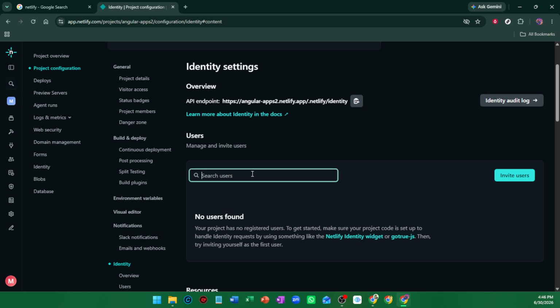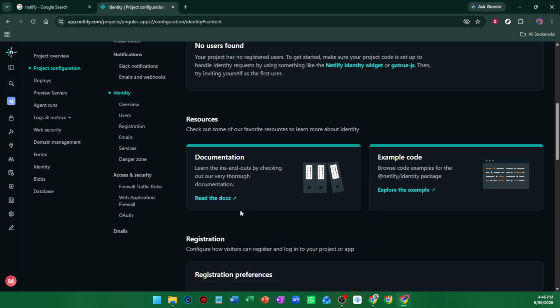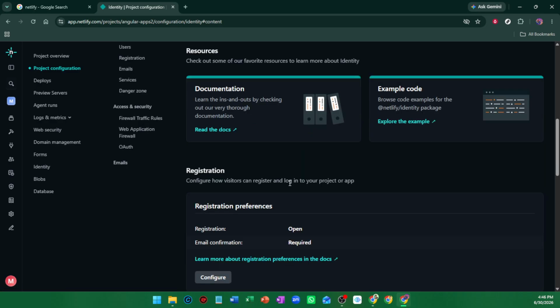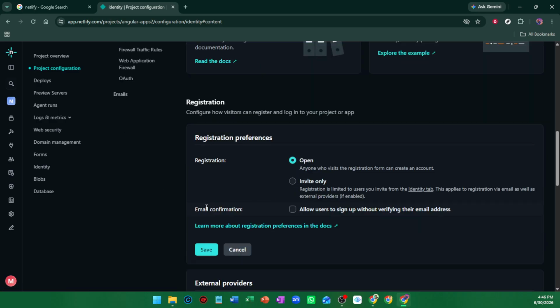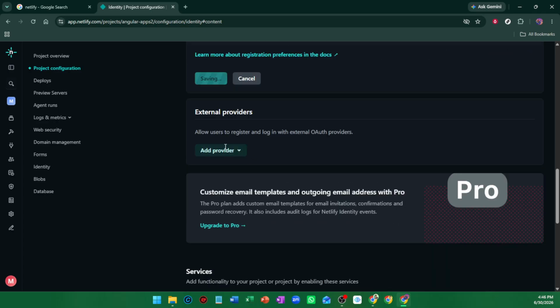Once the package is installed, initialize it and use it in your code. This is the part where you connect the package to your application logic so it can manage authentication behavior. Initializing it typically means importing the package and setting it up in the part of your app where authentication should be available. From there, you can use it to support actions like logging users in, registering accounts, or checking the